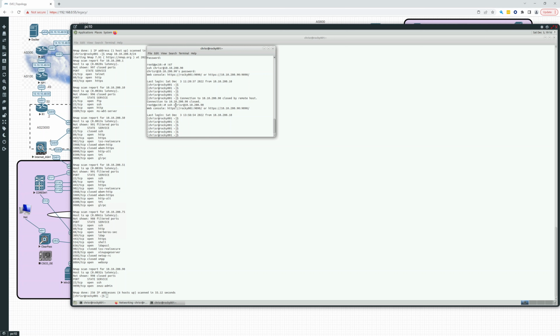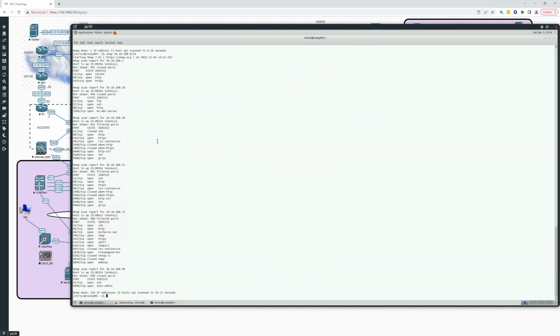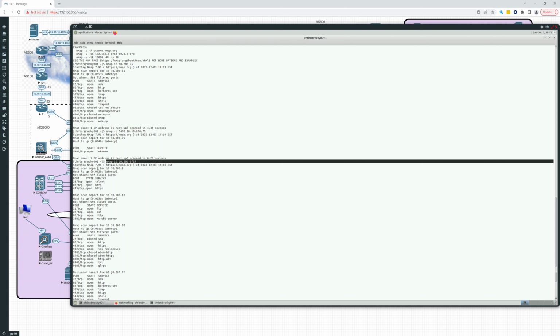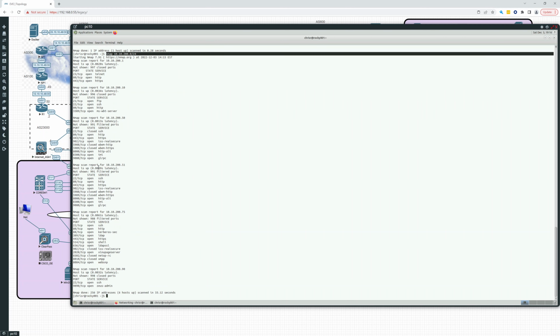Okay, so it's actually done over there. Let's take a look at what our results are. So here's where we ran it, right? No, that's not. That's only for 5480. Here, where is it? Here it is. Here's where we ran it, right here. So if we scroll down, we can see it found